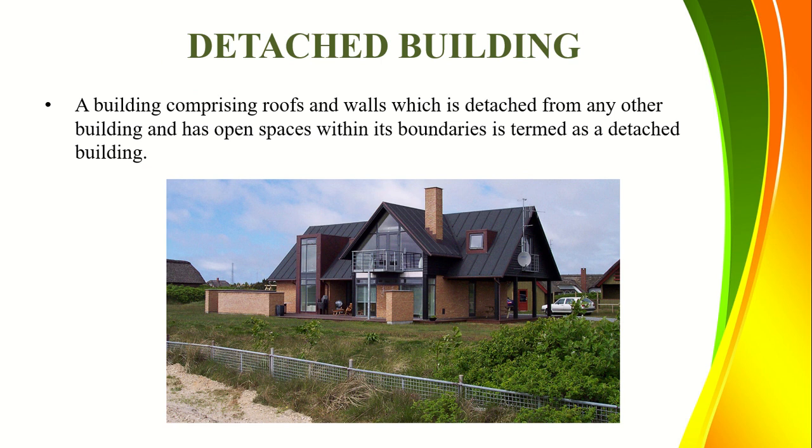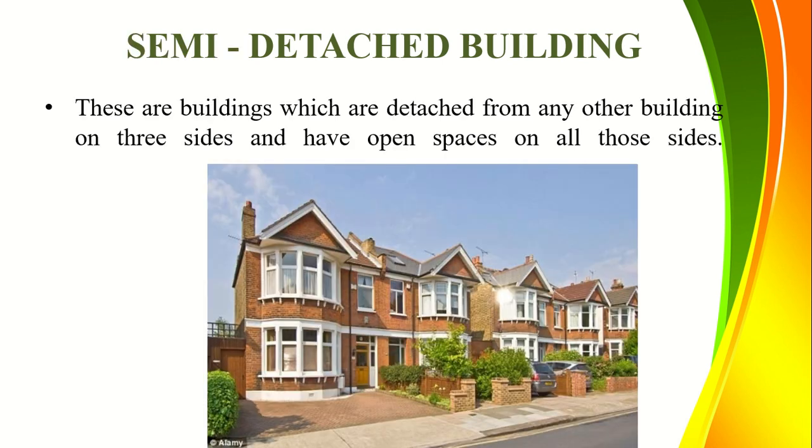The first one is a detached building. So what is a detached building? A building which is comprising of roof and wall, which is detached from any other building and has open spaces within its boundaries is called a detached building. Means if it is a single house, for that particular compound of the house, then you call it a detached building. It is not having connection with the other house, not like an apartment, it's like an independent house. Okay, next comes